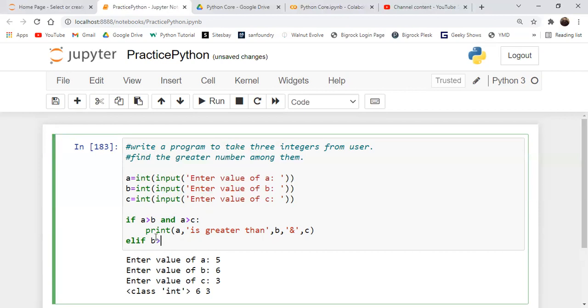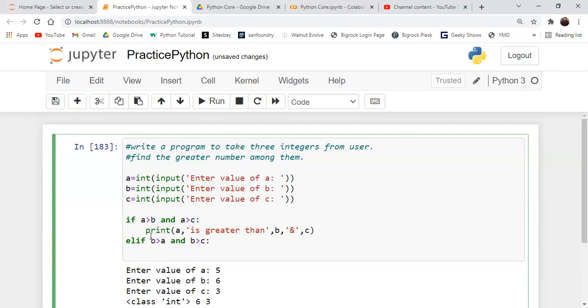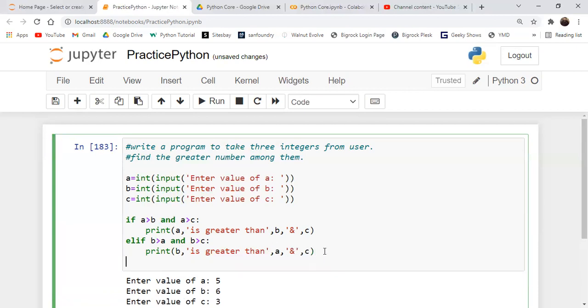B is greater than A and B is greater than C. Then print B is greater than A and C. And for that, C is greater than A and